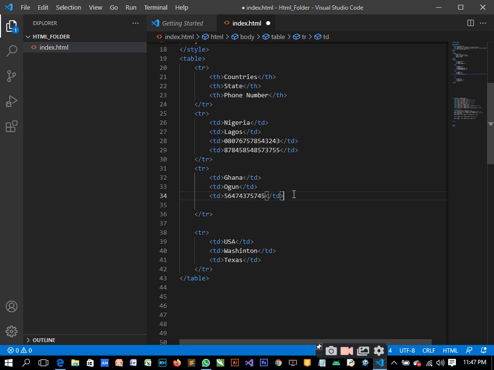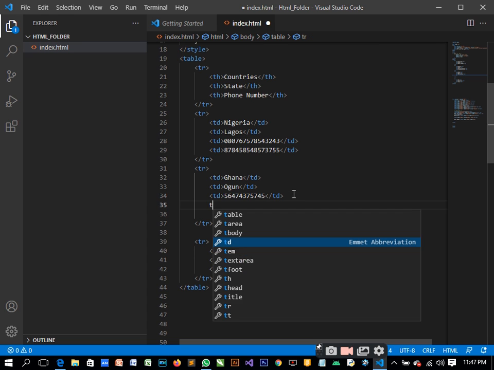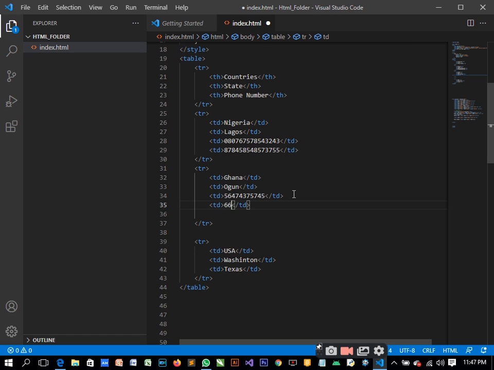So add one more TD phone number. I'm just inputting any number. Come here too, add phone number, and then come back here, another